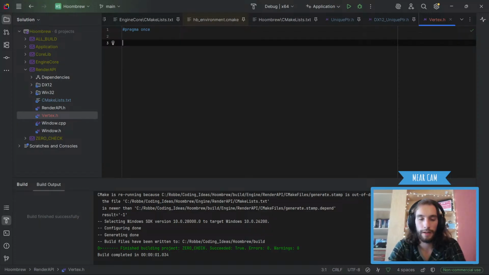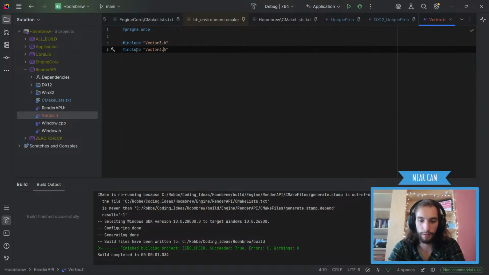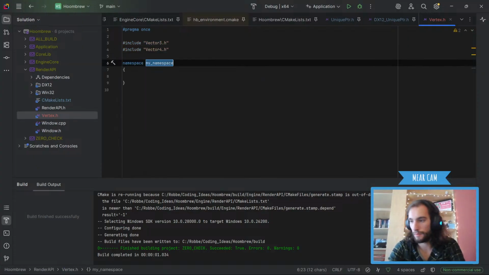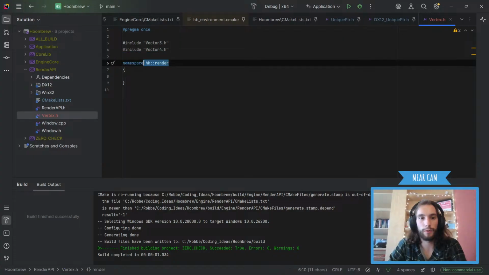And then we're gonna include some stuff. What are we gonna include? We're gonna include vector3. Damn. Type it right. Vector3, and we're also gonna do vector4. And then the vertex we are gonna put in a namespace because it's not a general concept, so put it in HP render. Namespace, if you don't know, is basically like kind of folders. So that means that you'll need to put the namespace identifier in there before you can actually access it.